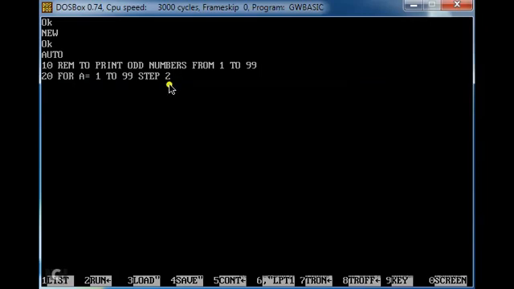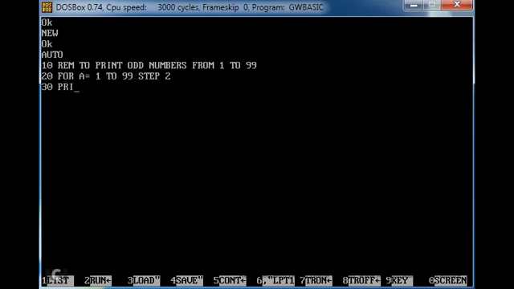Now for decrementing, as I am going to show: if you want to increment a number, we write simple positive integers, and if you want to decrement, we write minus, like -1, it will decrease by 1, -2 it will decrease by 2, -3, -4, -5, and so on, if you wish. In our case we are writing 2 because when an odd number is added to 2, it will obviously give an odd number. Okay, then 30.